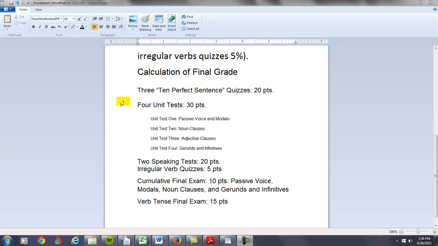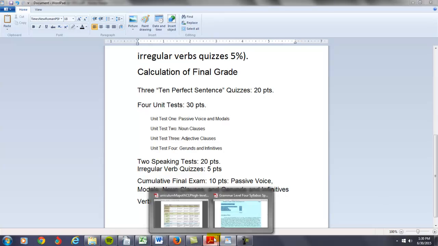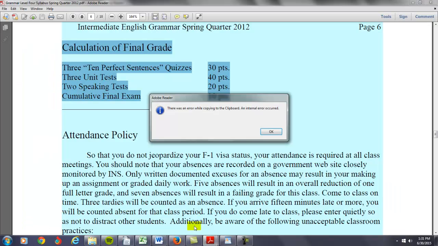We have, I'm not even factoring in attendance or participation on this. I think when I was doing grammar, I didn't even put that as part of it. But look at this. We have 3 10-perfect sentence quizzes at 20%. I would always do this one no matter what. Now, why is that? If you go back to the curriculum,